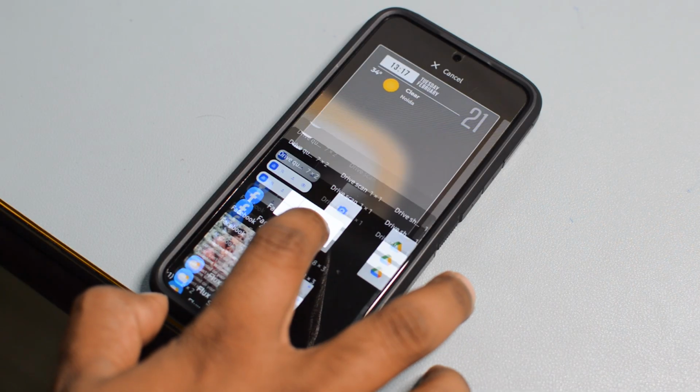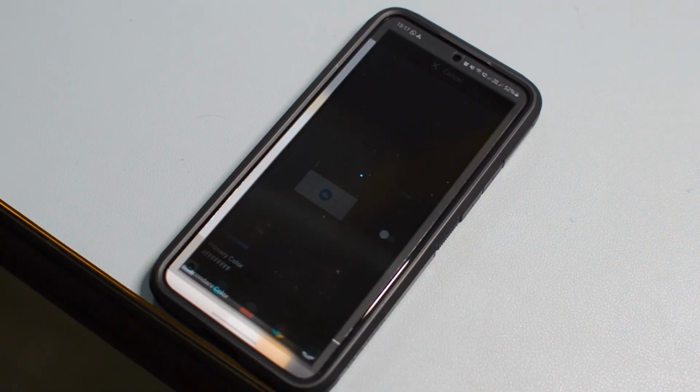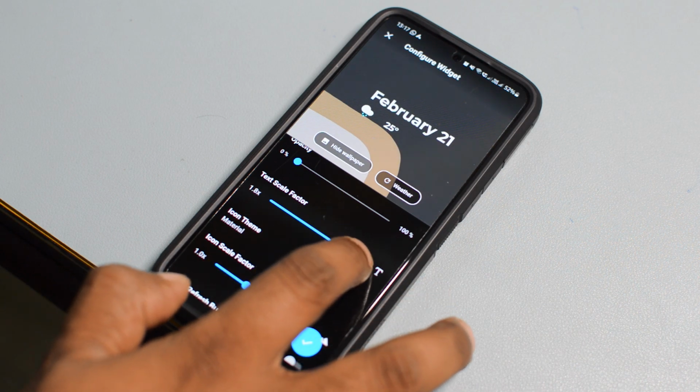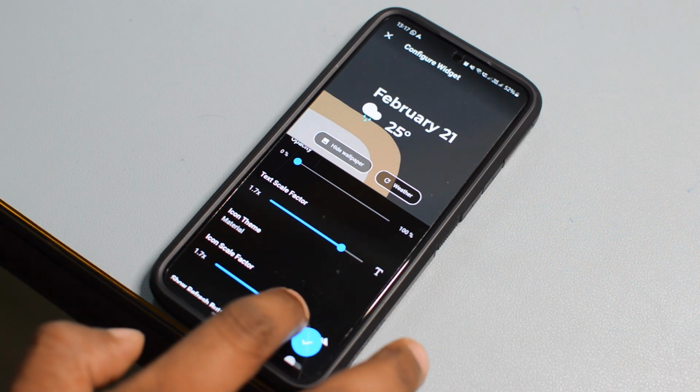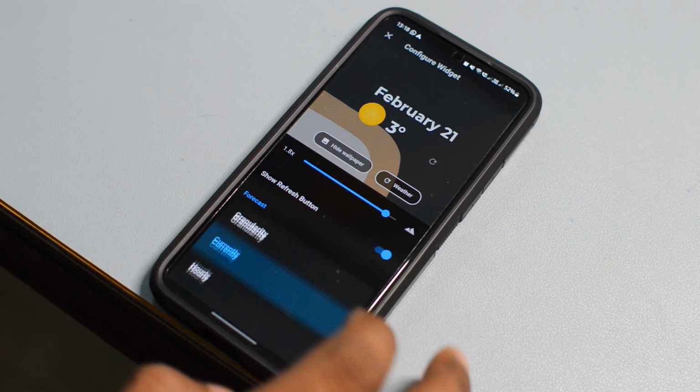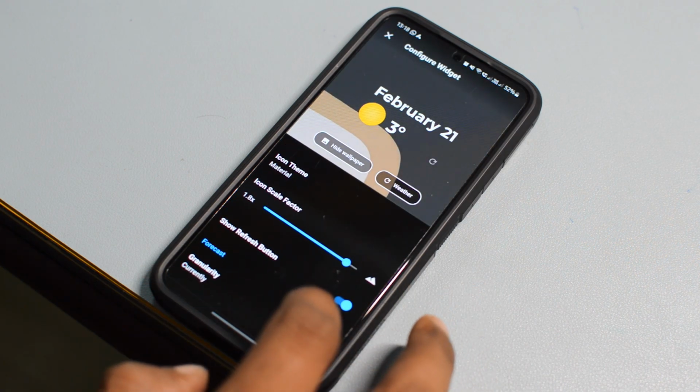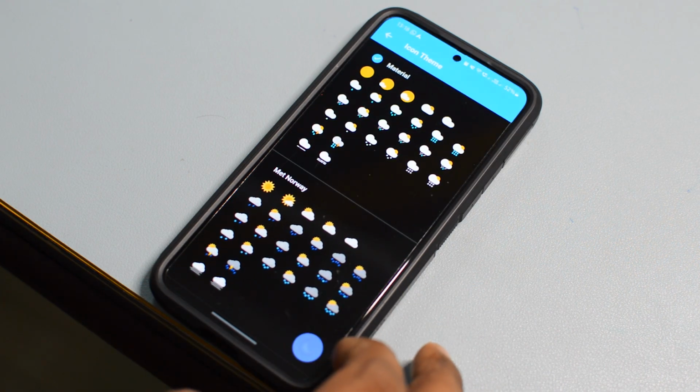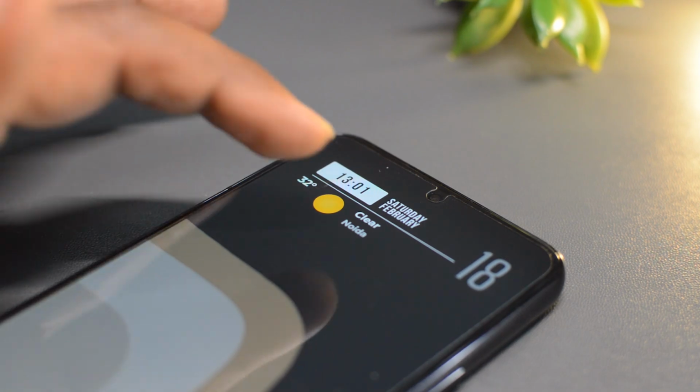Now this widget actually has some of its own features. For example, you can change the size of the icon, you can change the size of the text, and you can also choose the update interval. In North India, most of the time the weather doesn't change too frequently, so I'm keeping the update interval at 1 hour. It will also help you save battery. And you can also choose what happens when you tap the widget, whether it should open the app